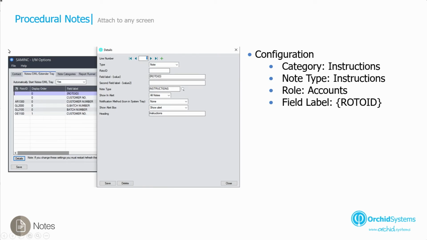And the final type of notes we're going to create are procedural notes. These are notes that you can attach to any screen. We're going to create a note type called instructions, assign it to the instructions category, and assign our role for accounts to add, view,